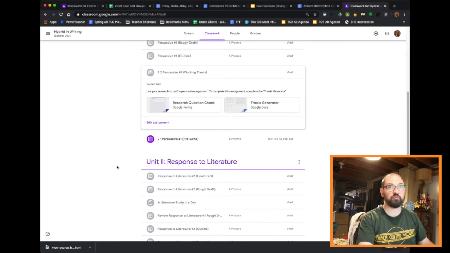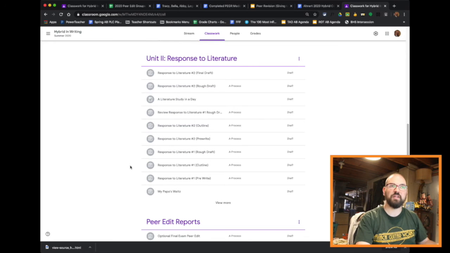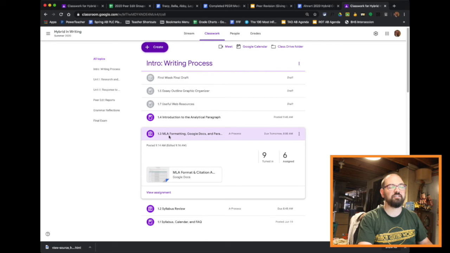The second thing that you need to do is practice making a peer edit group report with your group. And what you're going to peer edit, since we have them, is your first ever paragraph. So the paragraph that is attached to this assignment right here, you're going to go ahead and unsubmit. You're going to pull back. What you'll see is after class starts tomorrow, I will change the deadline from 8 a.m. to 9 a.m. so that if you pull it back, you aren't late,